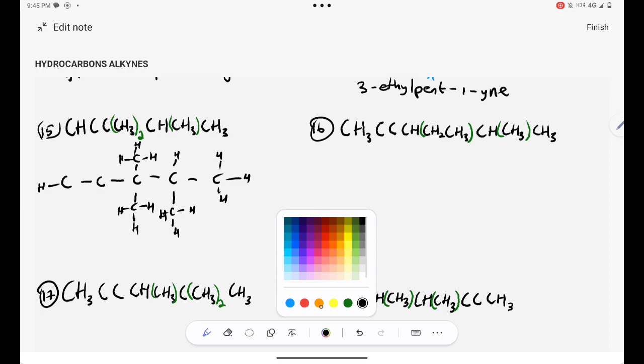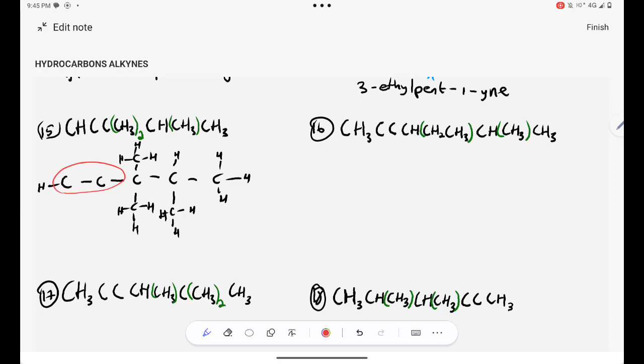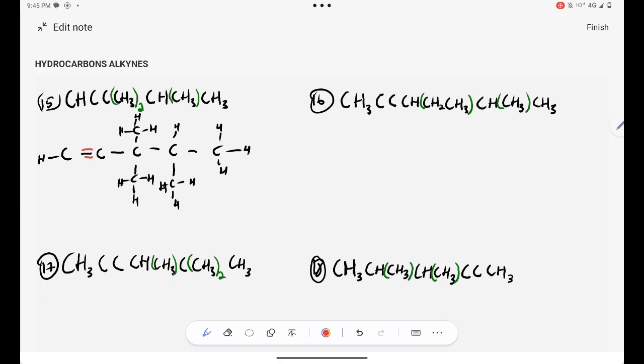Okay, I can see that these are not fully bonded. That means I must go and add extra bonds between adjacent carbons. So the IUPAC name of this compound would simply be, okay, before I write down the IUPAC name,